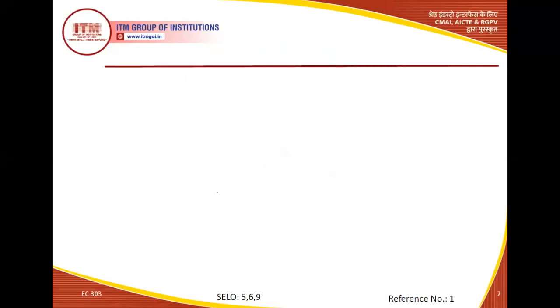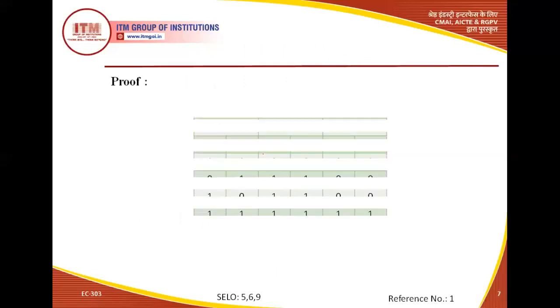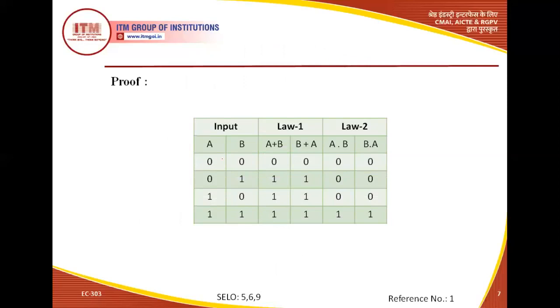Okay, so by using a truth table, we can prove the commutative law or any other law or any Boolean function. So what is the meaning of a truth table? A truth table basically shows the relationship between input and output variables, or input-output function. Or we can say that it gives the condition of the output according to all combinations of the input variables. So if we have two variables, A and B, the possible combinations of the two variables are 4. Okay, that means 0 0,